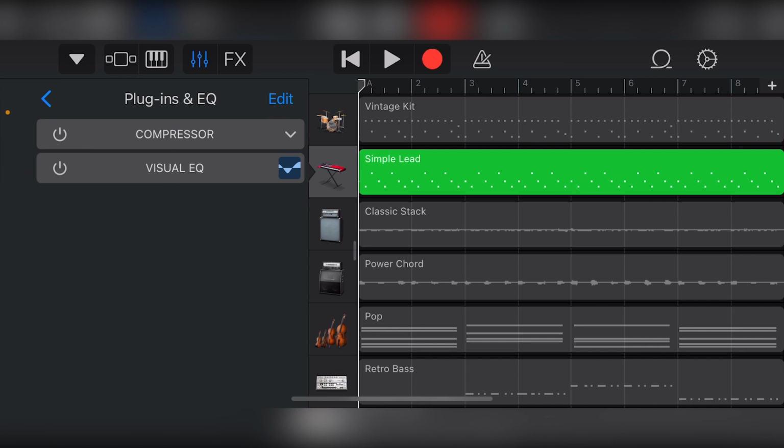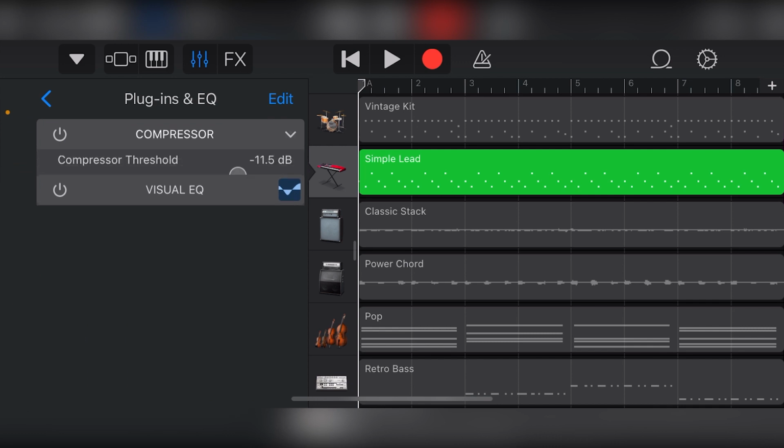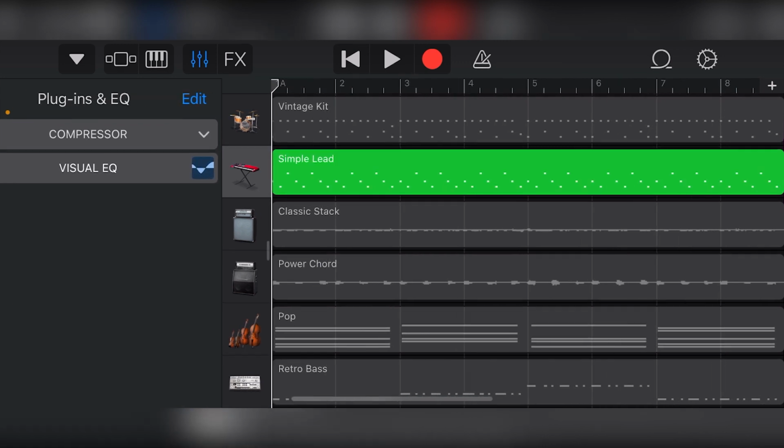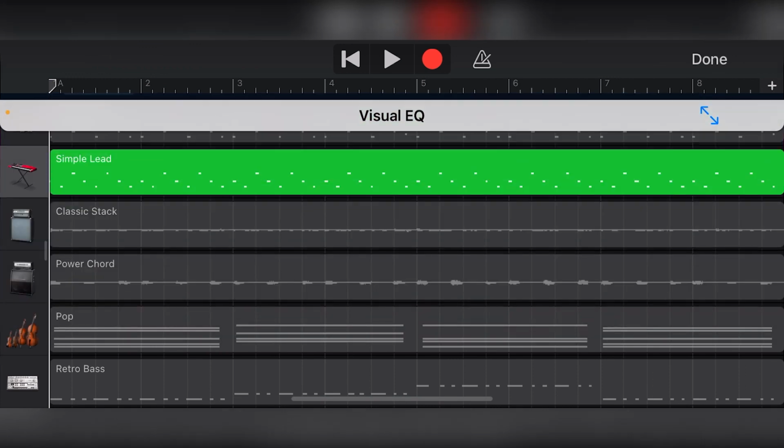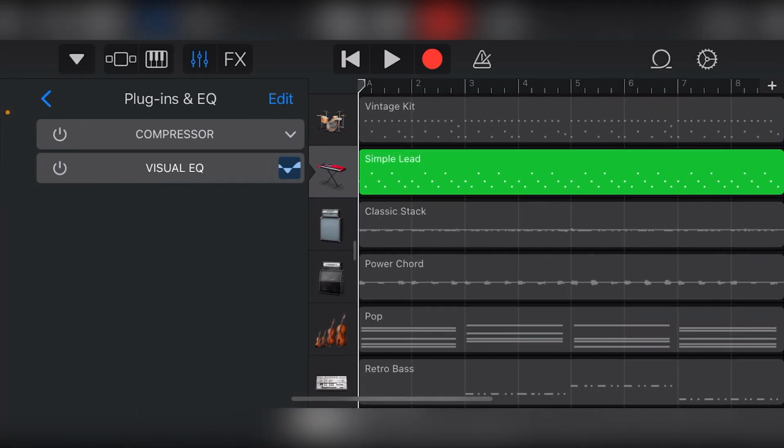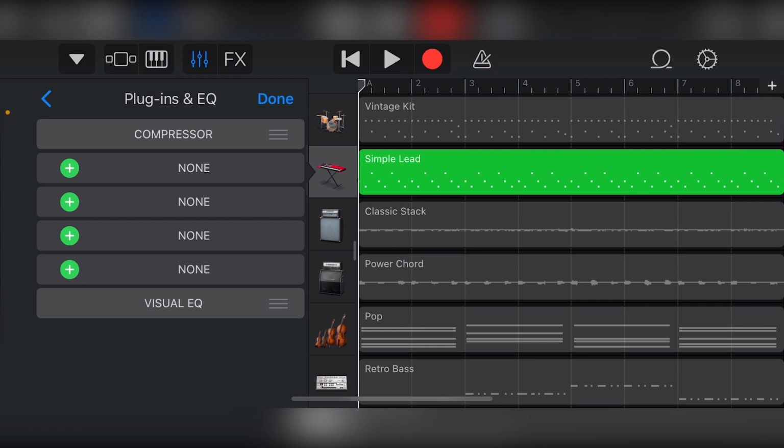Most of our tracks will have the compressor and visual EQ added to them by default. Additional effects will need to be added separately. To do this, press the Edit button beside the plugins and EQ title. We can now see that we have some additional slots for effects. The ones with the green circle with the plus button with nothing next to them are where we can add